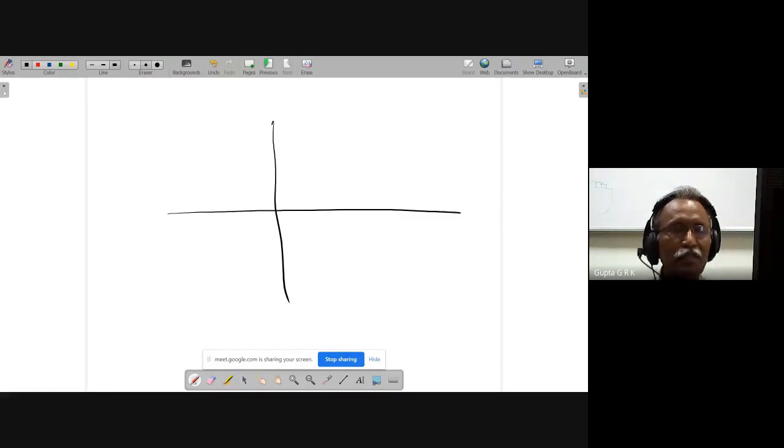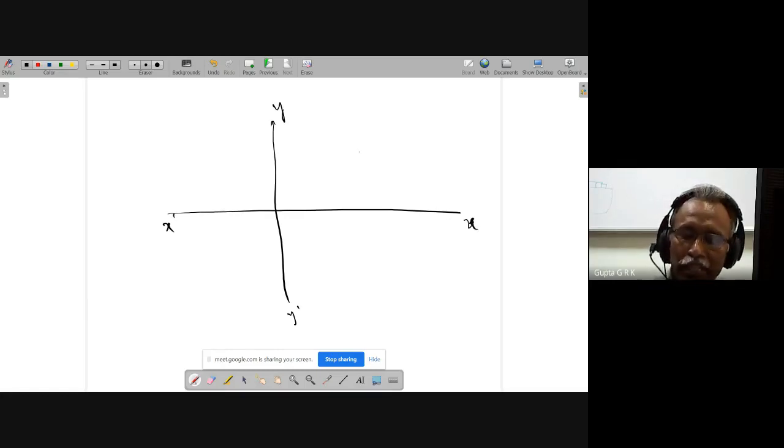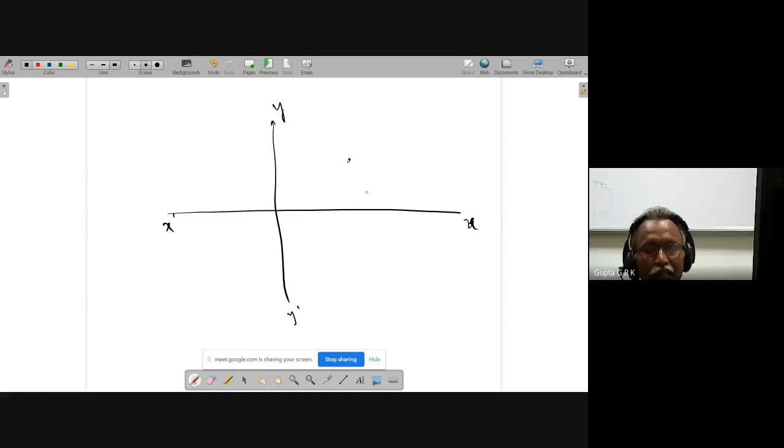normally a 2D plane is divided into 4 quadrants by 2 axes. One we call the x-axis, another we call the y-axis. Any point on the plane is described by xy coordinates. Any point on the whole plane can be represented by x and y coordinates. So it is a 2D plane divided by 2 one-dimensional lines.